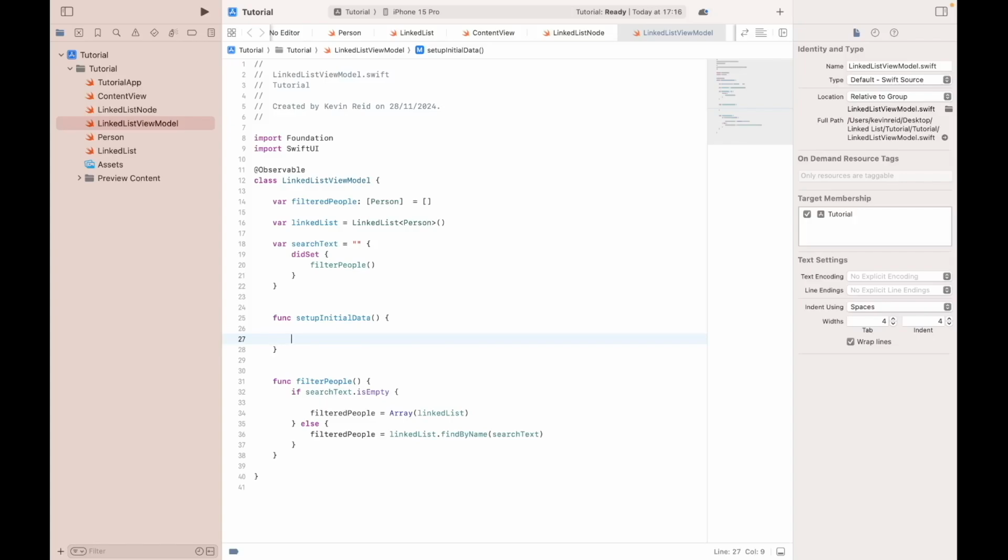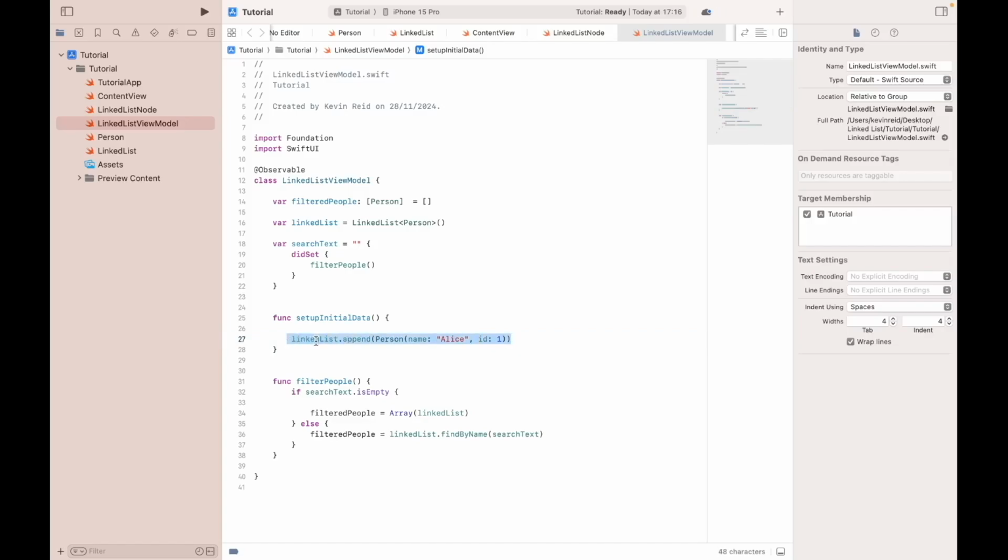So we add a sample person object to the linked list, and this will include a name and an ID. linkedList.append(Person(name: "Alice", id: 1)),